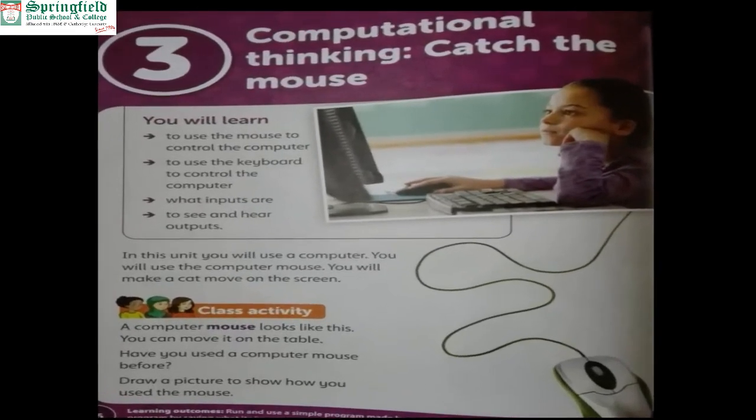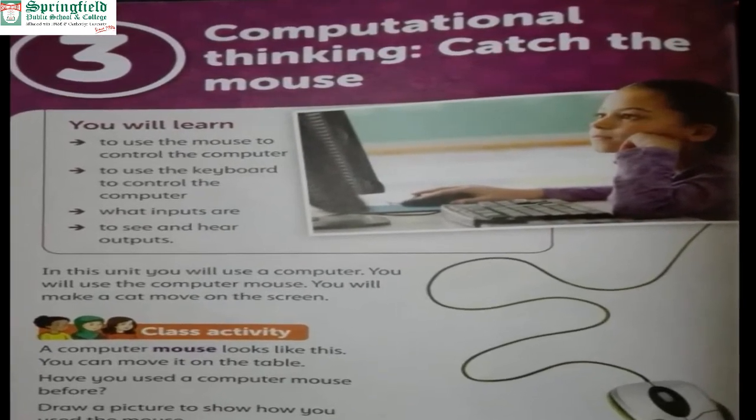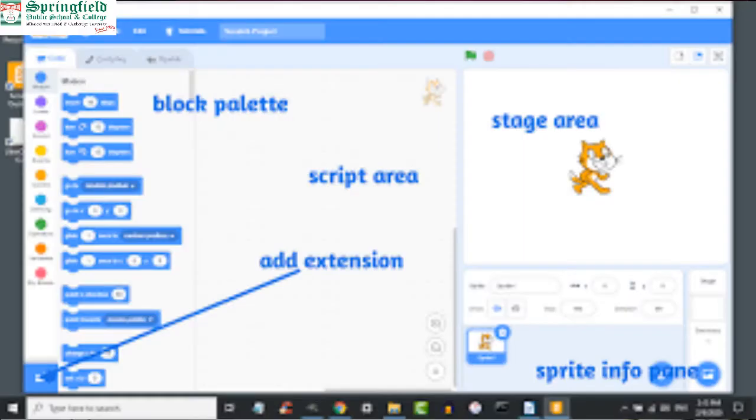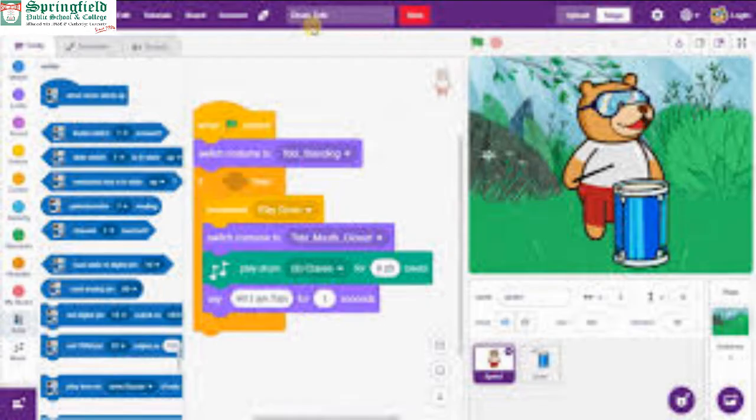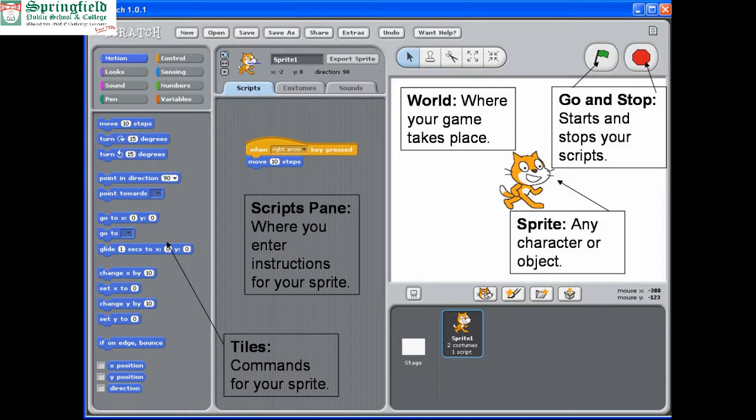Before that we have learned about different application software. Now we are learning about a program, the Scratch program. It's a programming language for children. We will learn how to move the cartoons, how to make games with the help of Scratch, and how to make different cartoons into an animation, how we can play with them, and what the main features of Scratch are. Components and icons of Scratch we will also learn in this chapter. So we will start our chapter from page number 88.